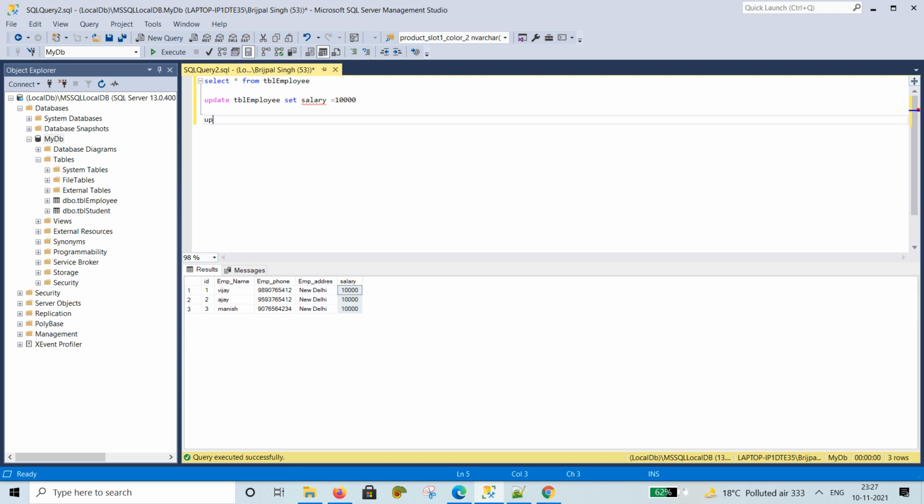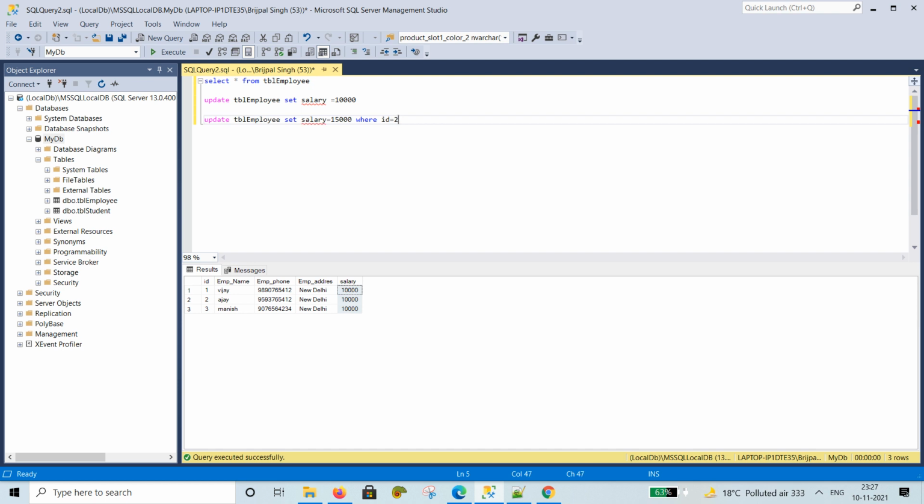To update TBL employee, set salary equal to 15,000 where ID is equal to 2.